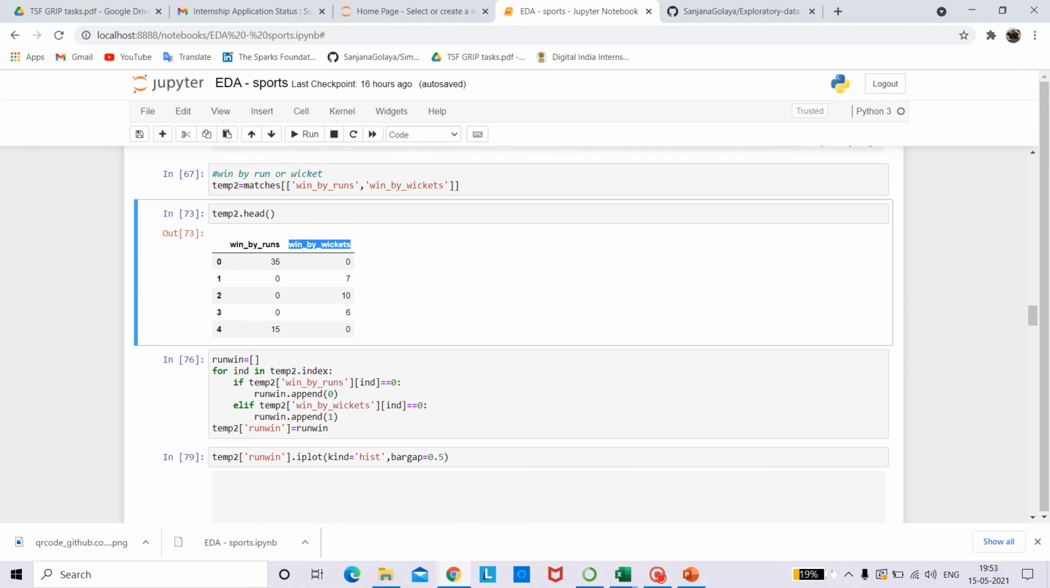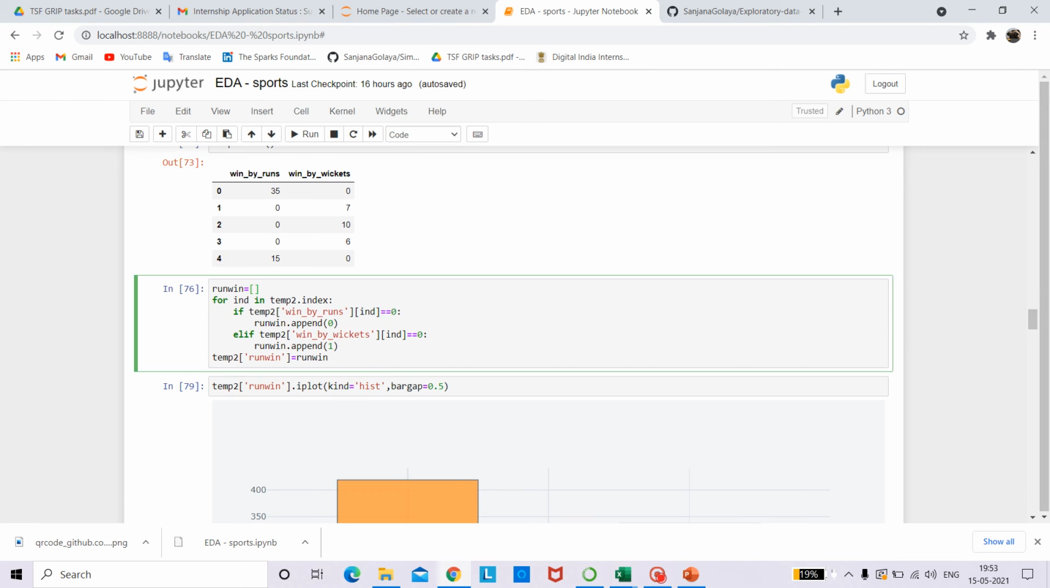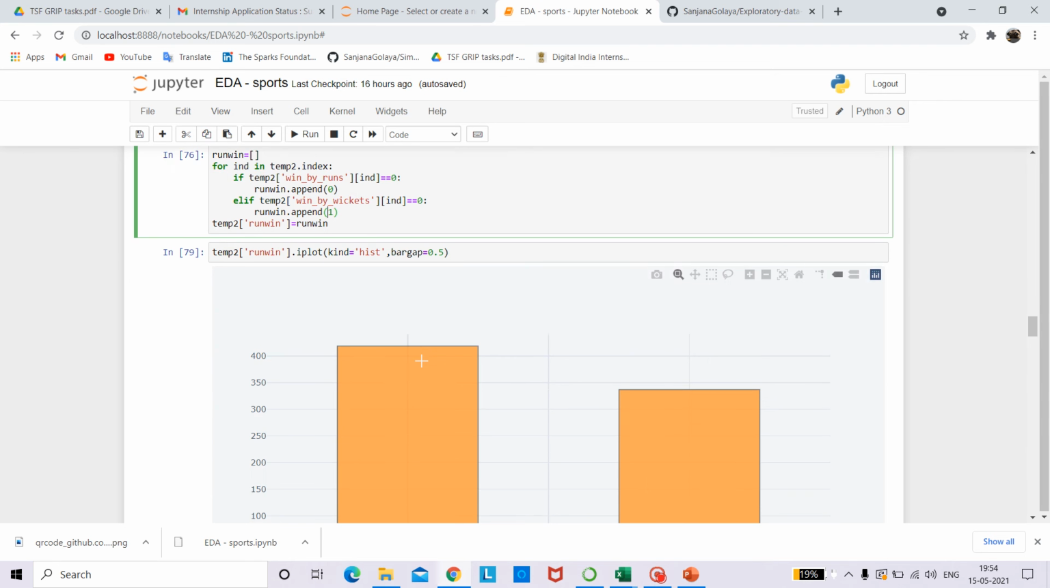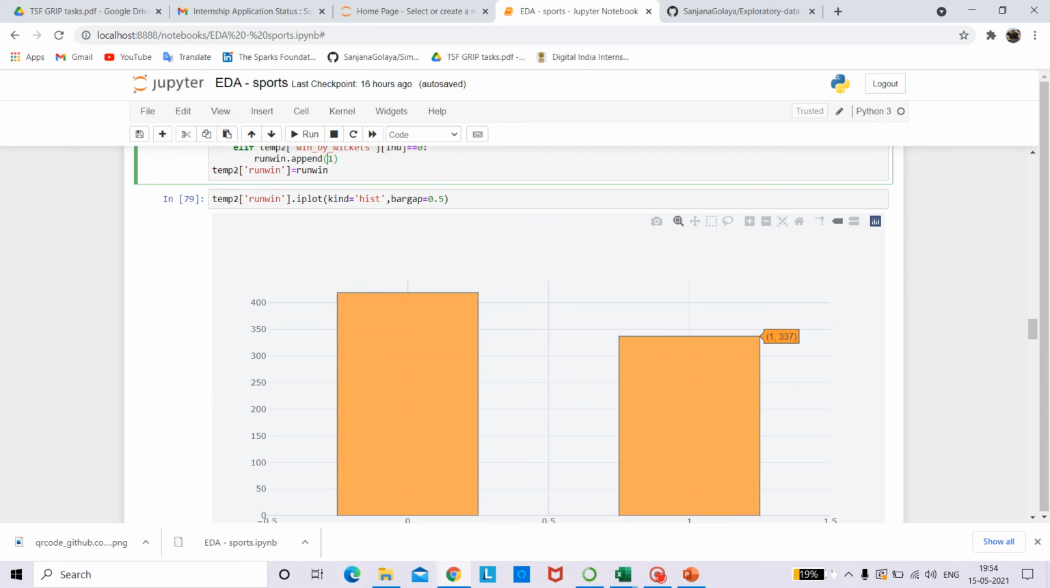And then we initialize an empty list over here called run win. If win by runs was equal to 0, then to run win we append the value 0. And if win by wickets was equal to 0, then we append the value 1 to run win. And then when we plot this out and hover over these bars, we can see